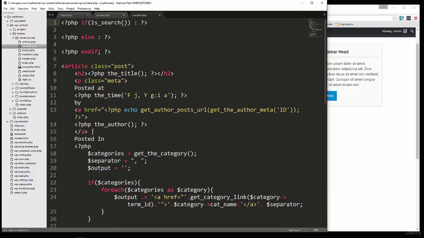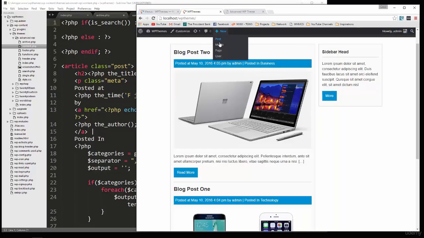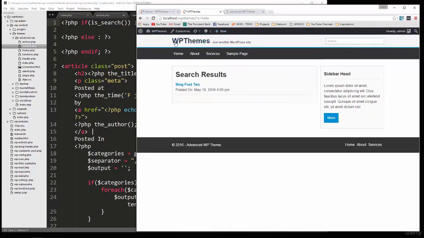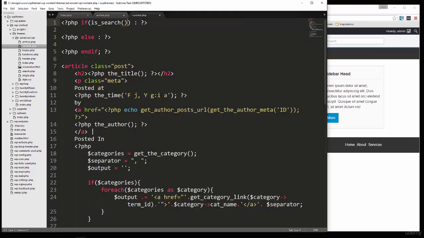Okay, so what this means is that if we're on a search results page, so if we search for something and this comes up, it's checking to see if we're on this page. Alright, we can also check to see if it's on a category or an archive, not just category, but any kind of archive. So let's say or